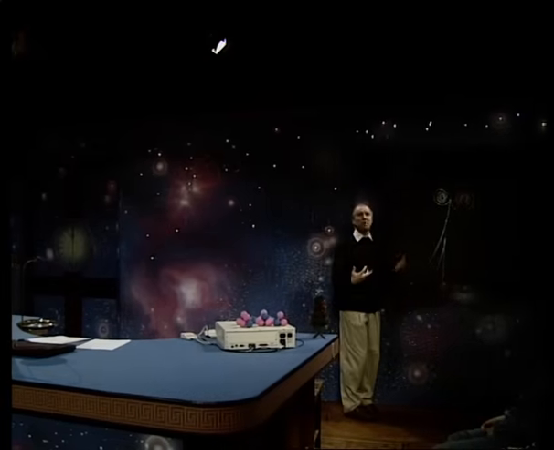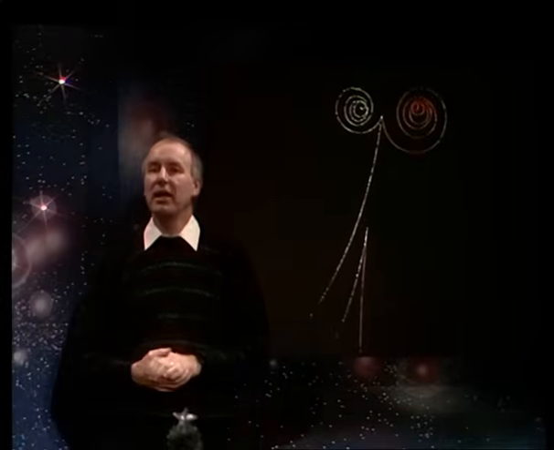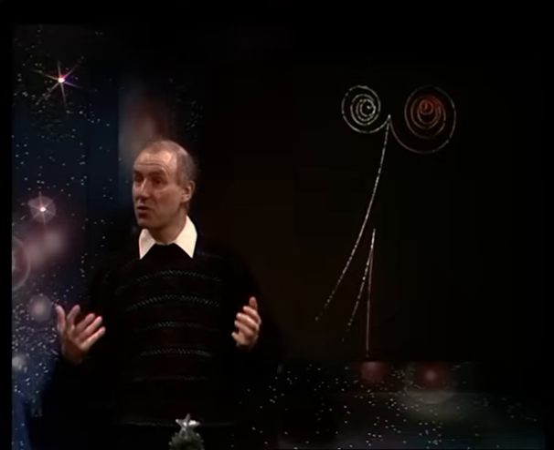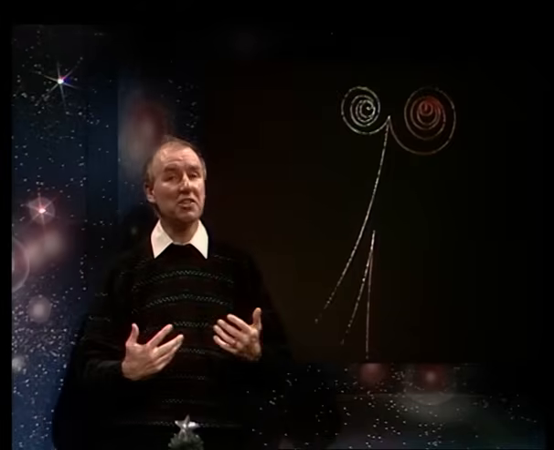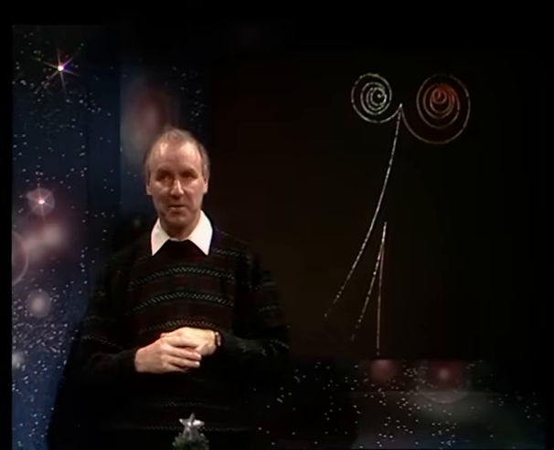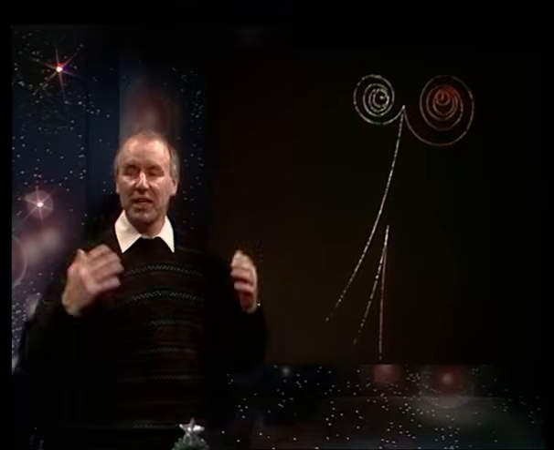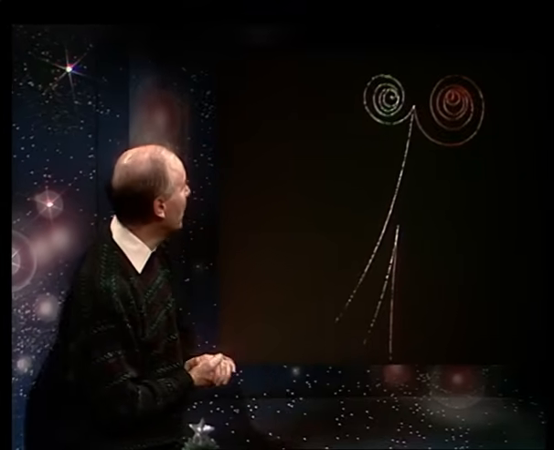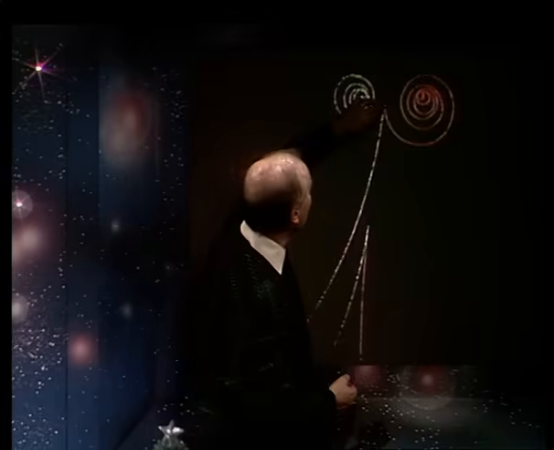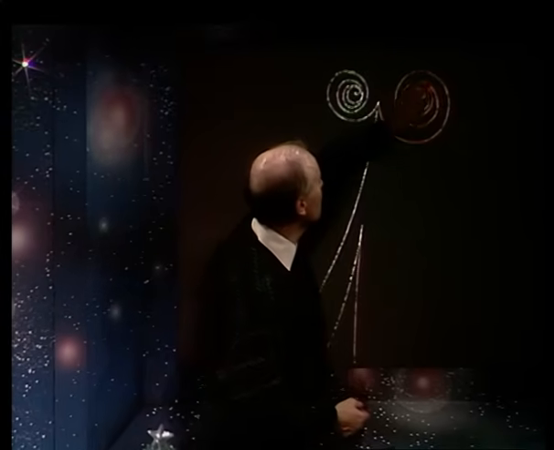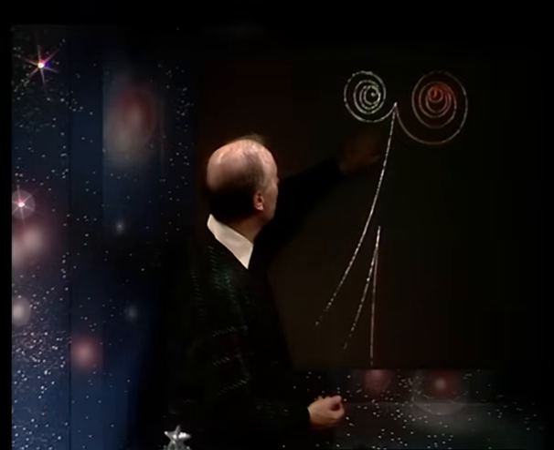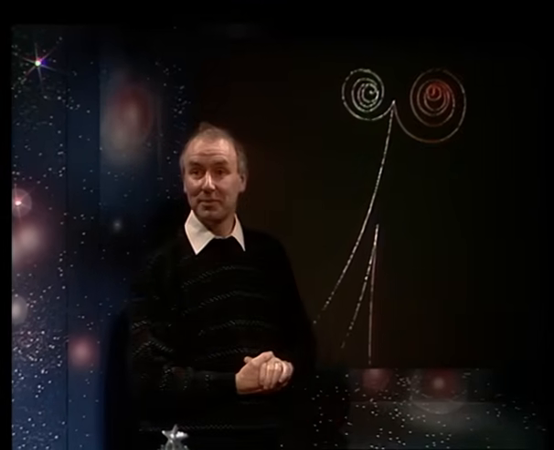Now, when we come to think about these very high energies, it's often simpler to think of radiation in terms of particles rather than in terms of waves. So at very high energies, we can think of the radiation consisting of particles that we call photons. Here is an example from an accelerator experiment carried out in America, where a gamma ray has come in, collided with a nucleus, and produced a negative electron spiraling in this direction, and its antimatter partner, the positive electron or positron, circling round in this direction.